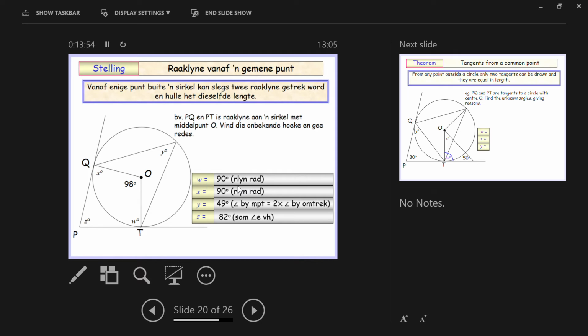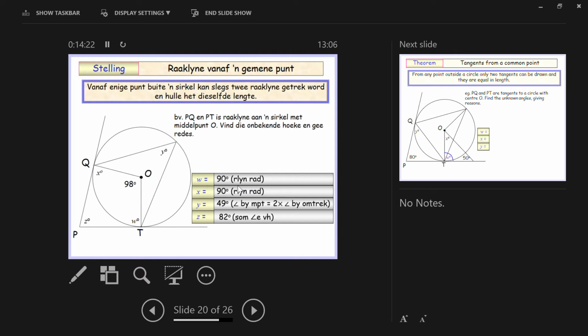Eerstens, sy teenoorstaande hoeke is supplementêr, nee? That's the first thing. What else do we know? If I were to extend that line, this exterior angle will be equal to the opposite interior angle. Nee? Sê weer. En daar's nog 'n manier hoe ons ook kan bewys dat iets 'n koorde vierhoek is, maar